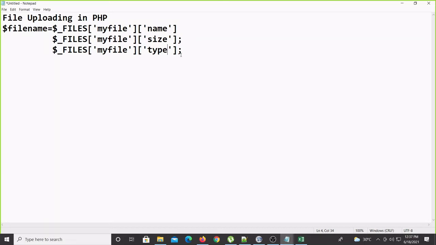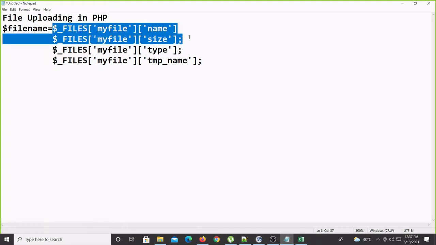Then we should use it like this again, the same only, in place of size, tmp_name. Clear? So these are the points we have to keep in mind.